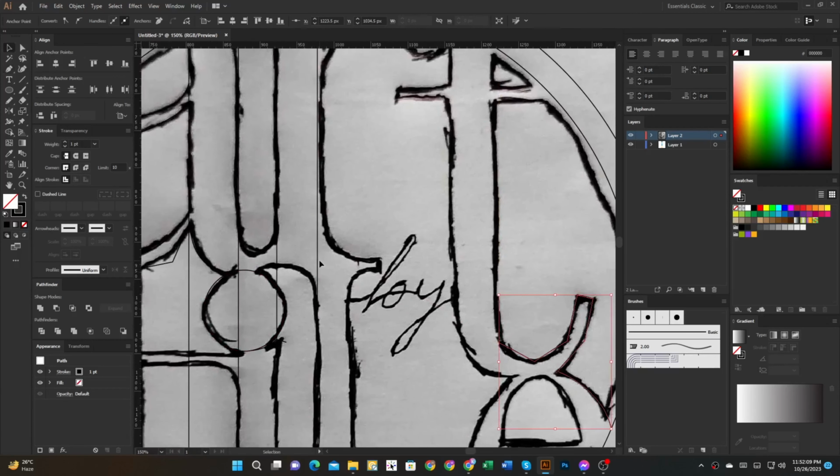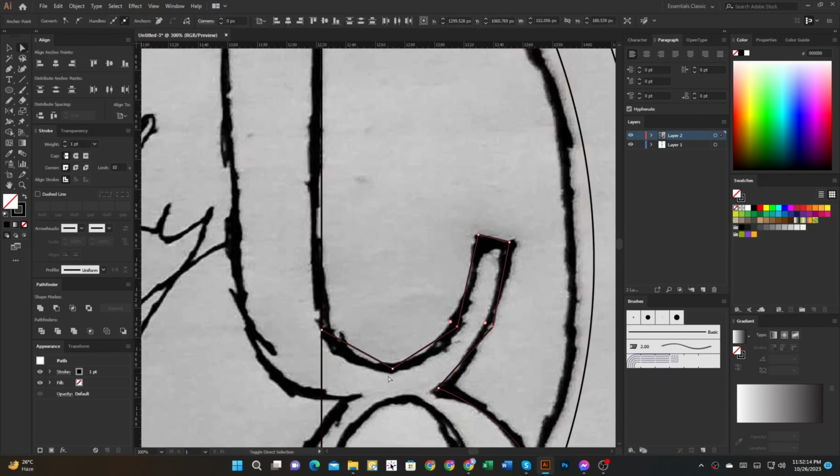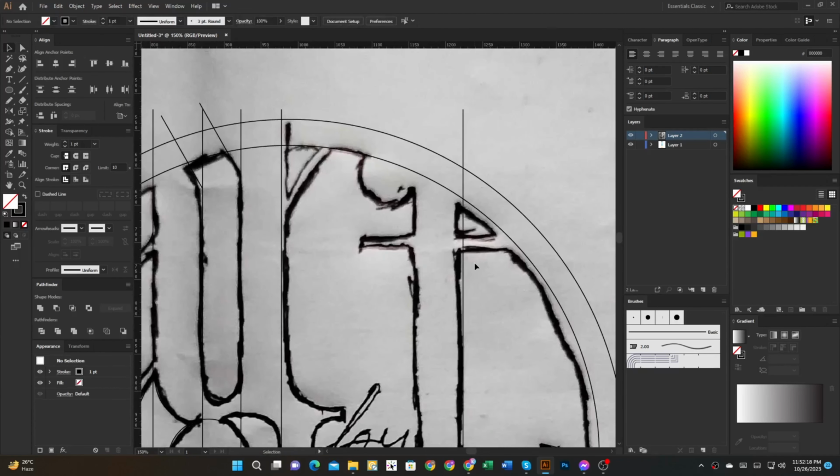And again line its copy. And some rounded. And again copy.